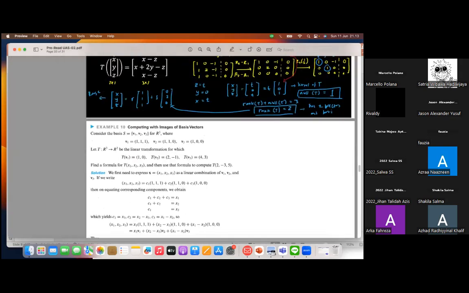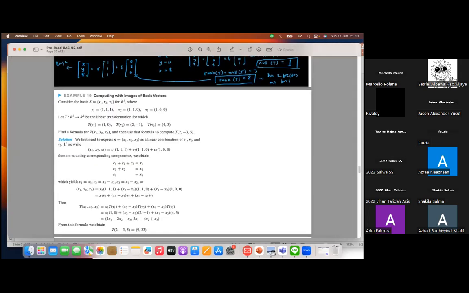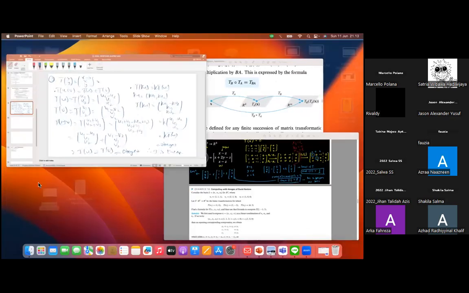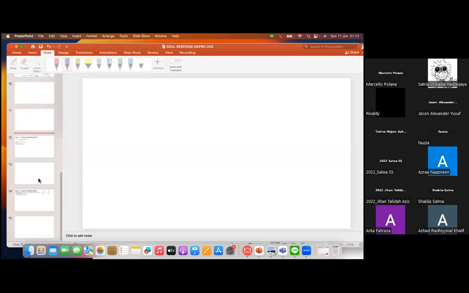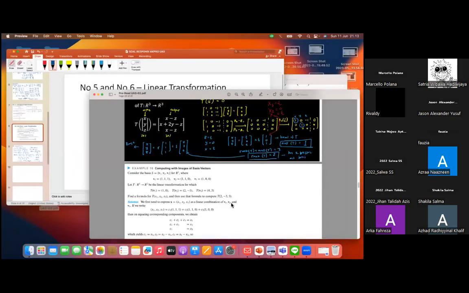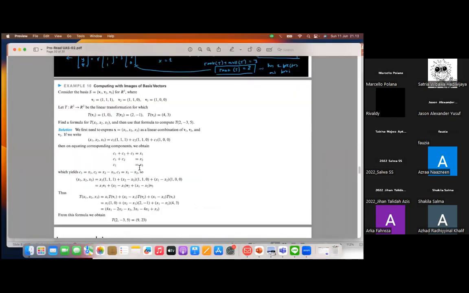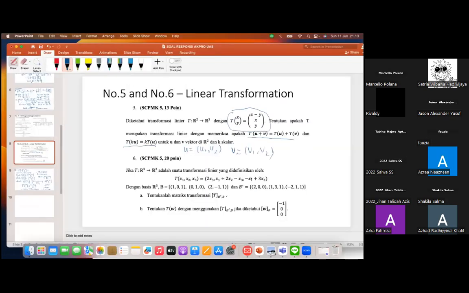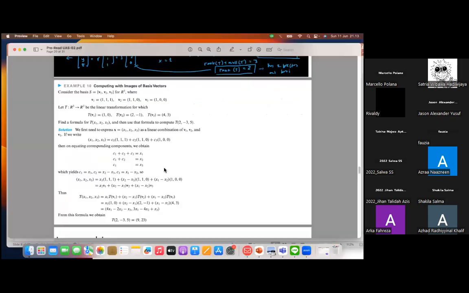Okay, continue. Now, this is an important question as well, where we have, I think, question 6. Now, question 6 is similar to this. However, in this one, the transformation is known. And for this one, the transformation is not known. So basically, the first thing that you do,